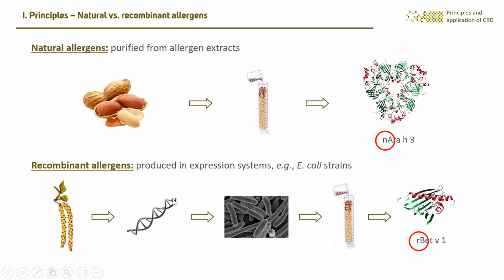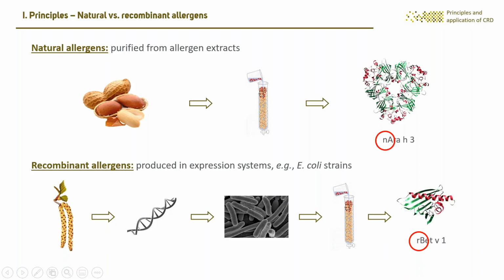And after reverse transcription, you get the DNA encoding this protein. This you put into a vector, a plasmid, for example, then you transfer it into cells of the in vitro expression system. And these cells, mostly bacteria, kindly produce the allergen molecule which you are interested in. And then from the cell lysate, you can purify these molecules. And this you can identify by an r in minor letters ahead of the designation of the protein, like here,